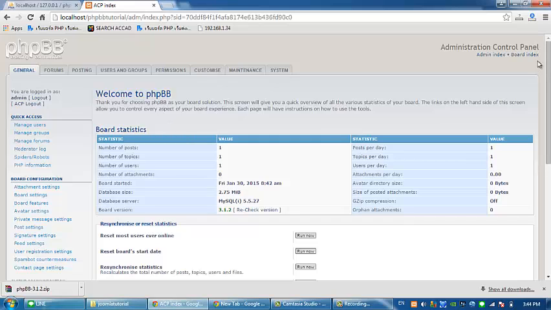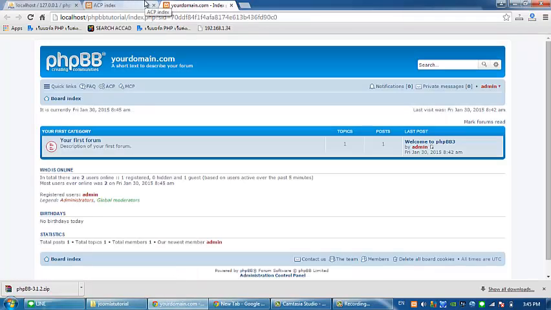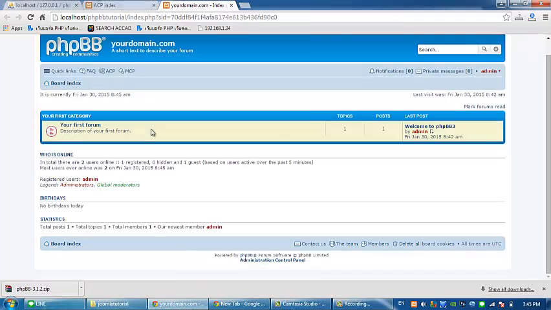If you want to go to the board, just click Board Index. And then if you are an administrator, you can log in on the bottom. You can click it.